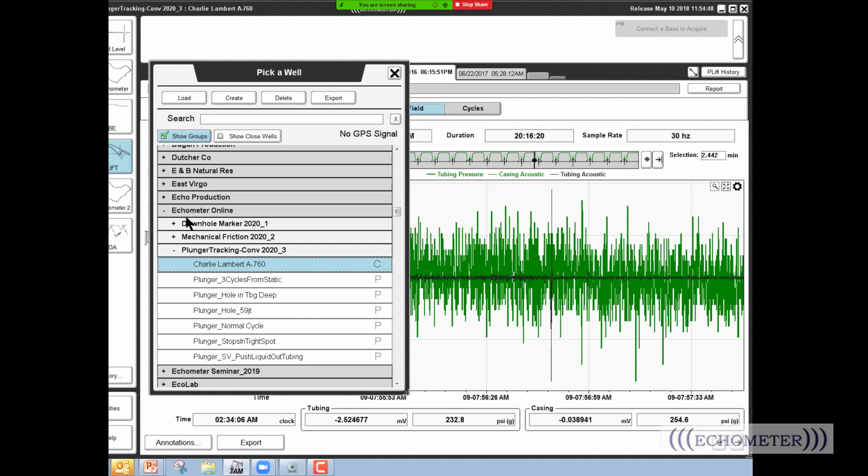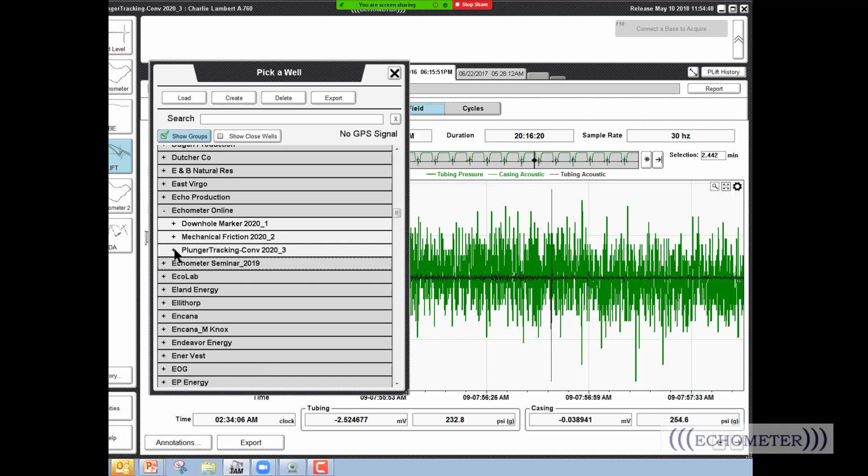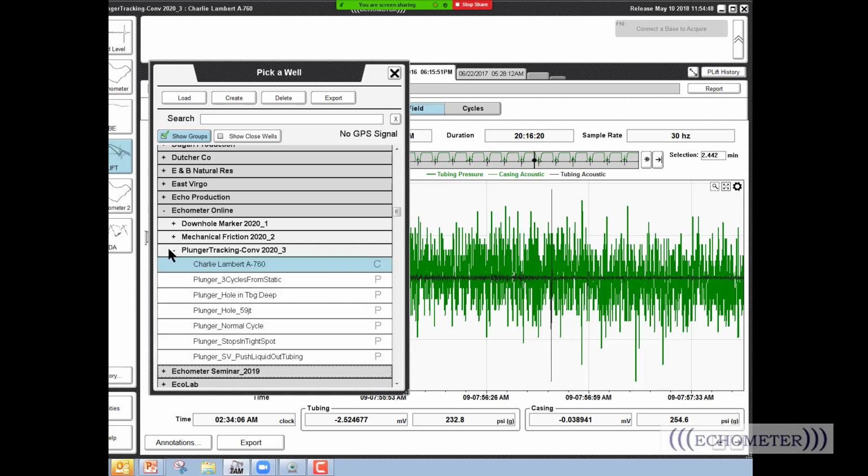And so they'll be put on your computer, and then when I click on the plus inside Echometer Online plunger tracking, there are 1, 2, 3, 4, 5, 6, 7 examples. The example I want to talk about first is the one that we put in the manual. So if you go into the plunger lift normal cycle